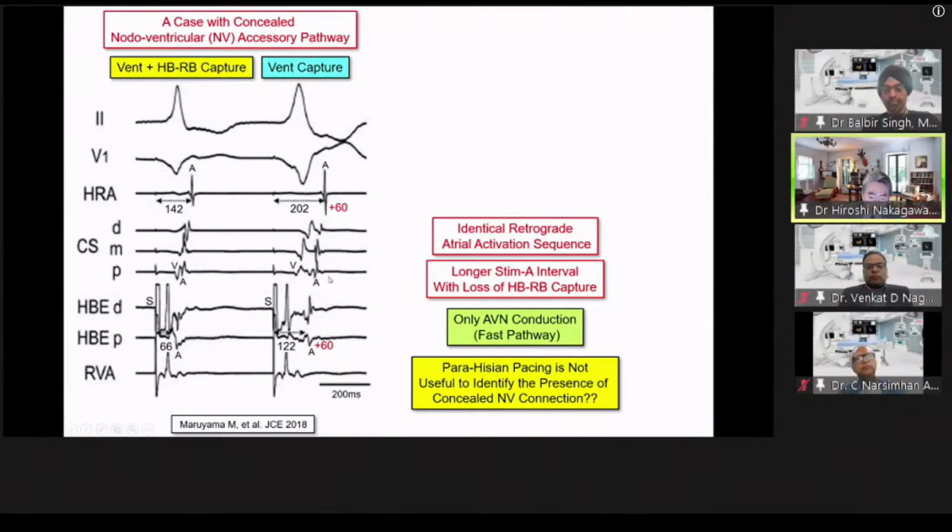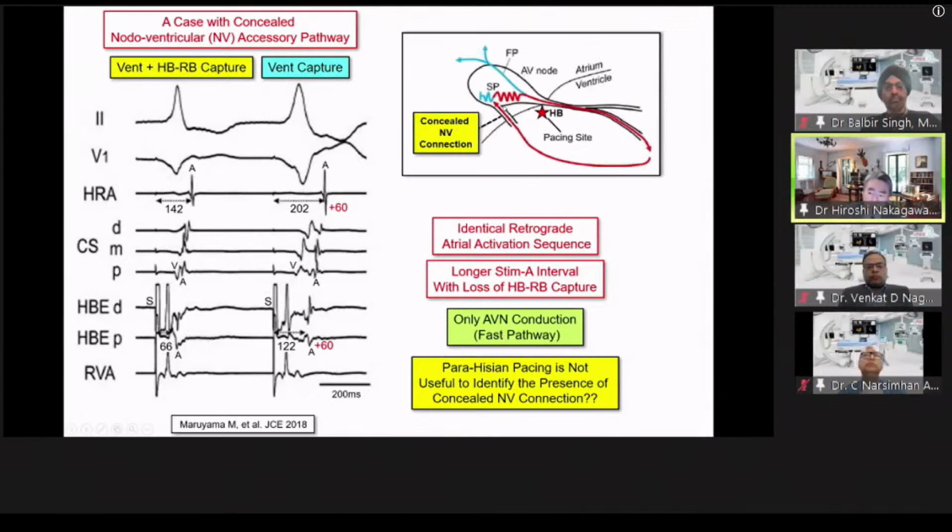However, I looked very carefully at the same tracing, and this is the schematic, like a concealed nodal ventricular connection connecting through the slow pathway region. And this is the ongoing tachycardia. People report